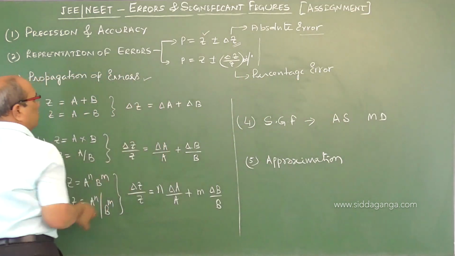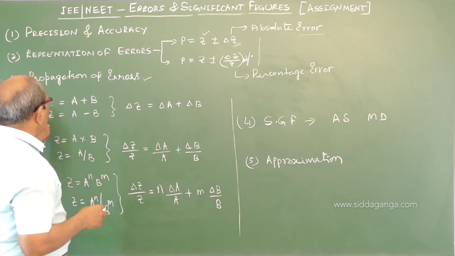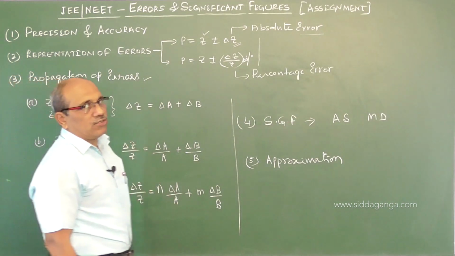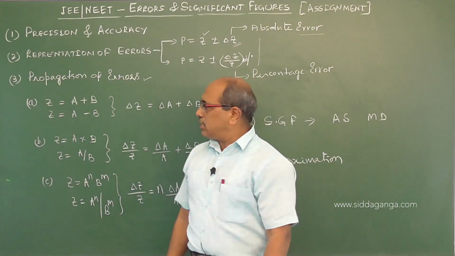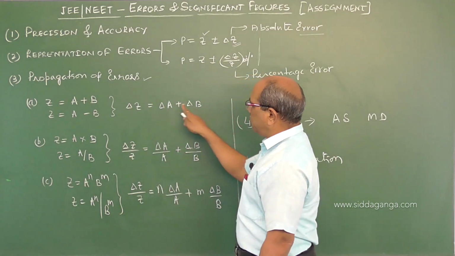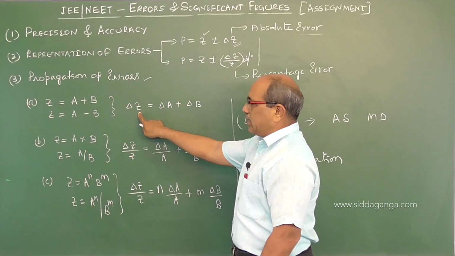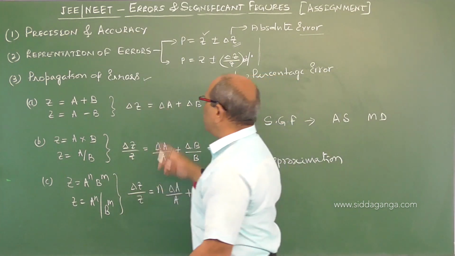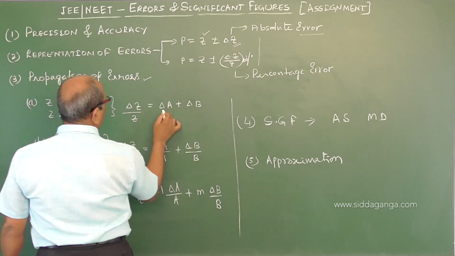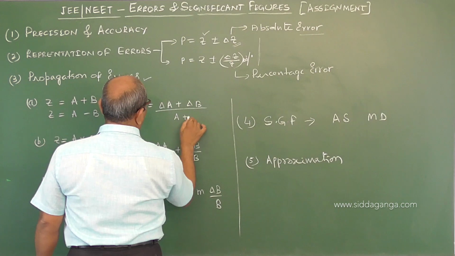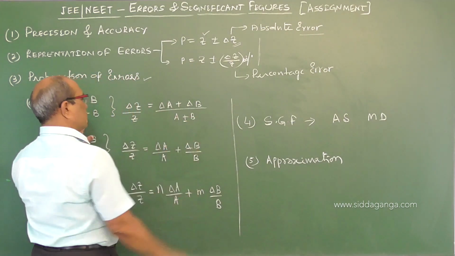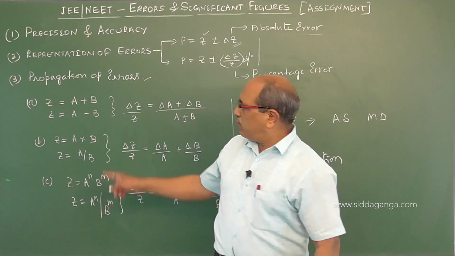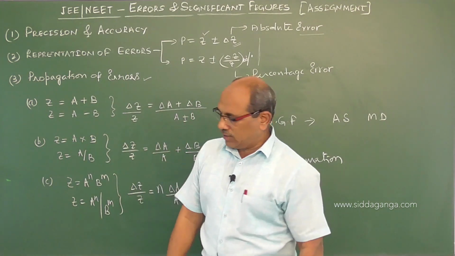Propagation of error is the most important part in this chapter. If a physical quantity is obtained from the addition or subtraction of two other physical quantities, then the error committed in that is always delta A plus delta B as the absolute error. Absolute error can be obtained by delta A plus delta B. Suppose you want the fractional error, you have to divide by Z. So here it is dividing by A plus B, or if it is minus, by A minus B. If it is A minus B, you have to take A minus B to get the fractional error. If you multiply by 100, that becomes the percentage error.